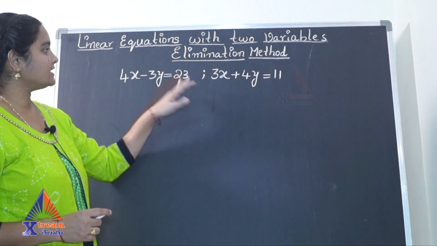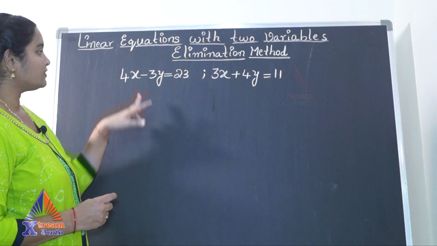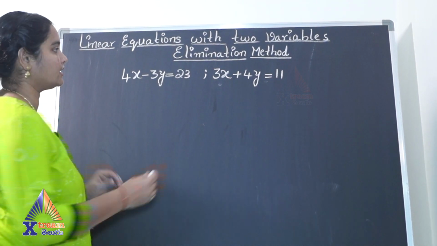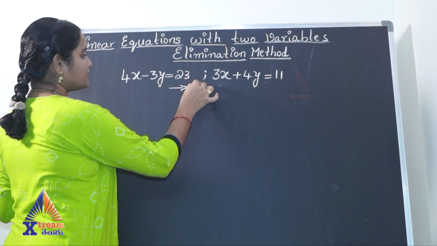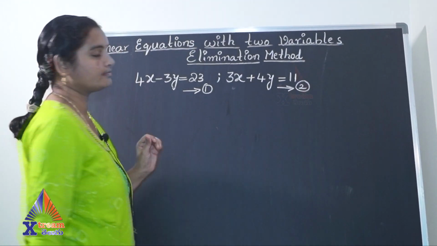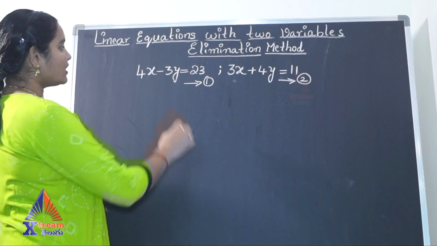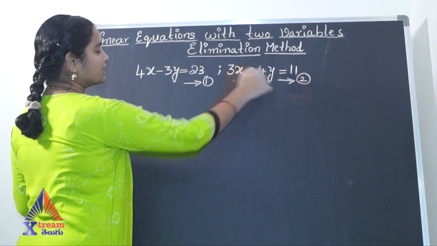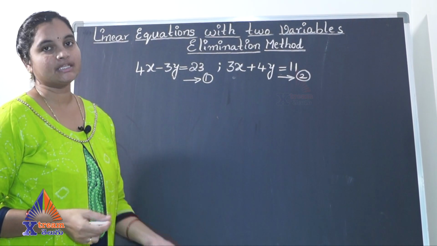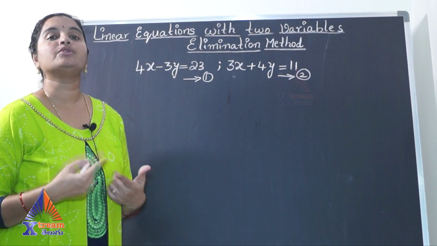So here you can see there are two equations with coefficients. Each variable here has a coefficient before it. So let's try this equation. Let it be equation 1 and this as equation 2. Now if you observe, there is no common term or like term here to eliminate. So in this case, what to do?